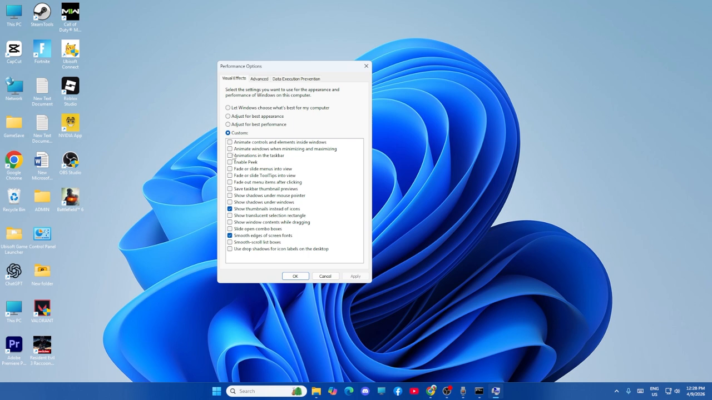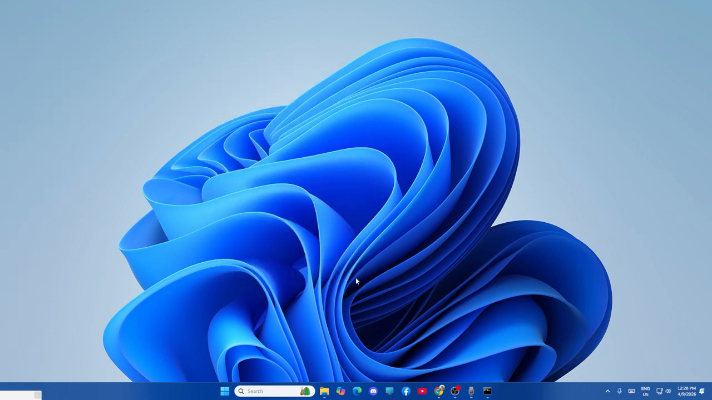All these three things at the top, that is 1, 2, 3, should be unchecked. If it is checked, you have to uncheck this. Make sure all the three are unchecked and go for apply, and you have to go for OK and you